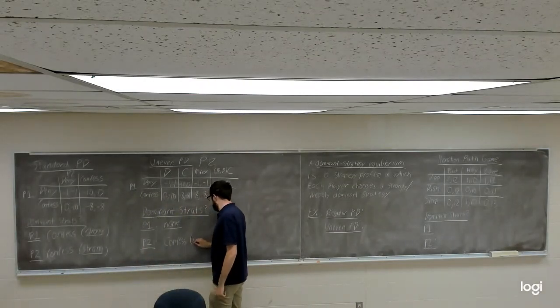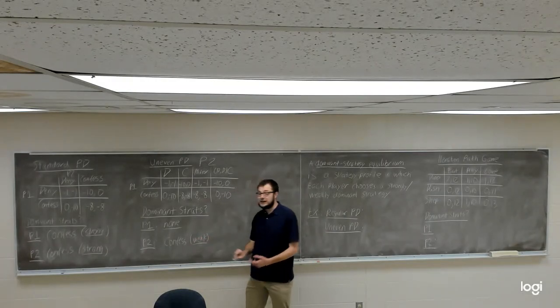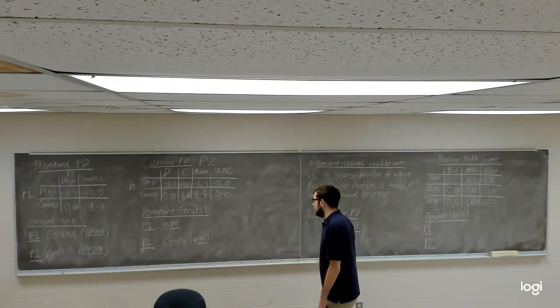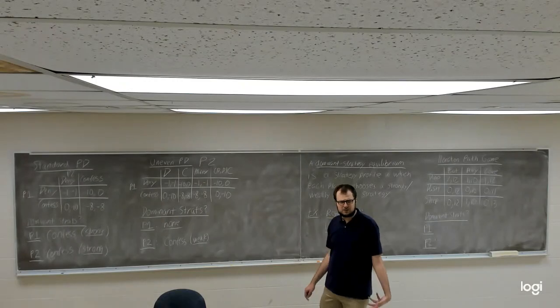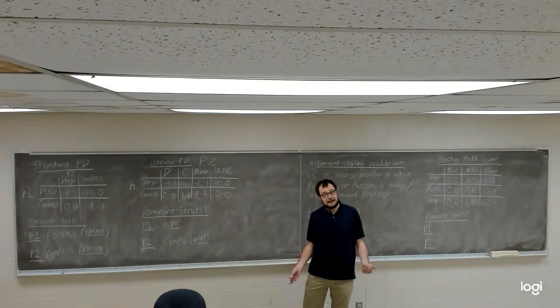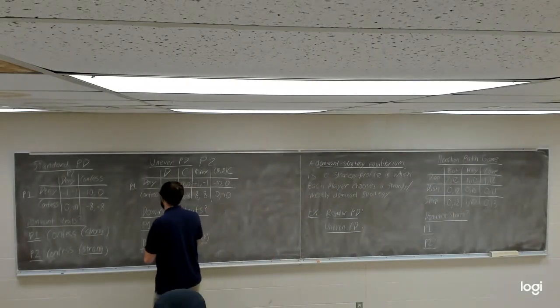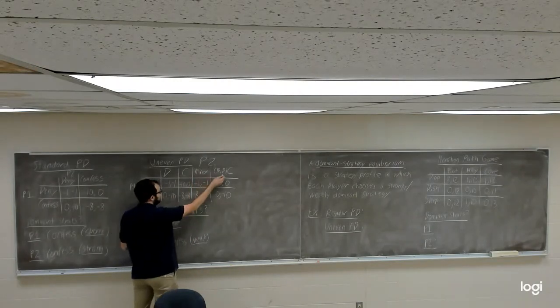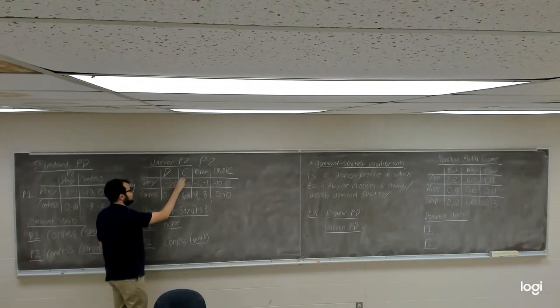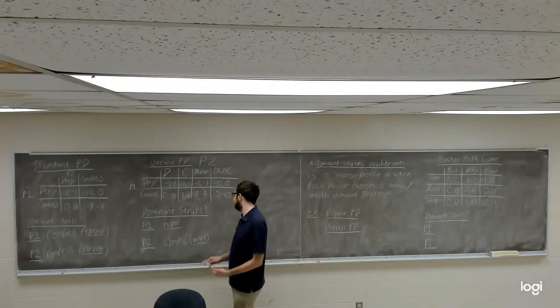And this time, always choosing confess for player 2 is going to be a weakly dominant strategy, with the reason being that choosing always confess for player 2 doesn't always give the strictly highest payoff. In fact, it ties for the best payoff in each case. If player 1 chooses deny, confess ties with the counter-mirror strategy for best strategy, and if player 1 chooses confess, always confess for player 2 will tie with the mirror strategy for giving player 2 the best payoff.